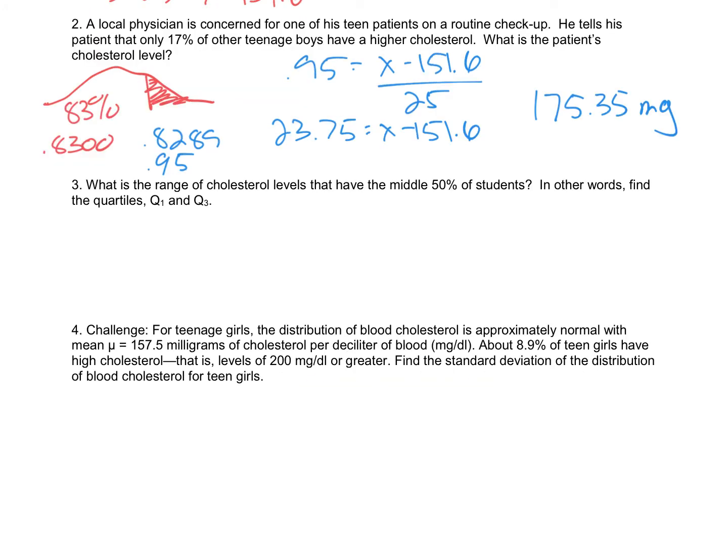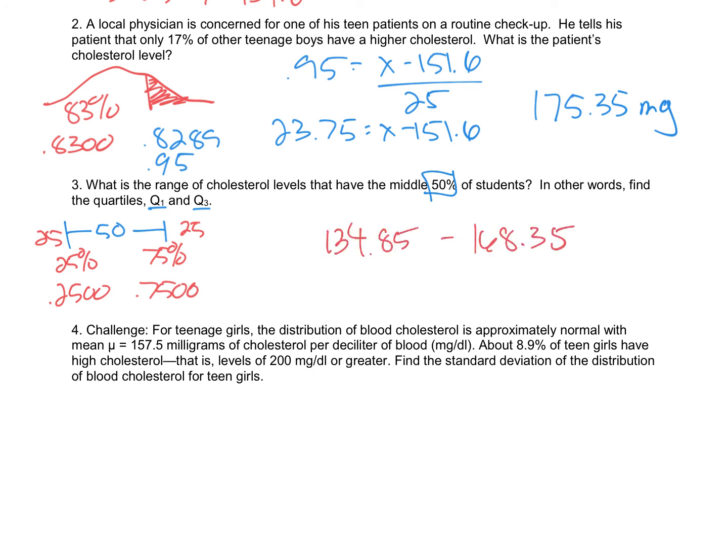Now 3 becomes a little different because we're looking for the middle 50. So we need to have 2 scores, and our little hint is Q1 and Q3. So if you think about your breakdown, your middle 50, it's going to be there, which means you have 25 percent of your data on each side. So this one's going to be at 25%, and this one will be at 75%. So then from that, you'll get your 2 decimals you're going to look for. Then you get your 2 z-scores that you're going to work with. And then allowing you to do the work there, but you should have the range of 134.85 milligrams to